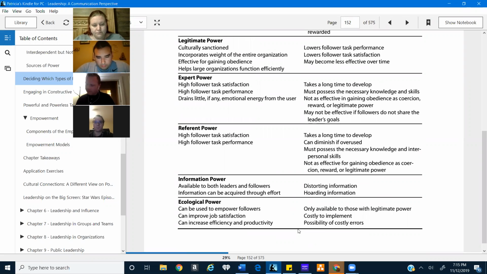Because it says information power is based on access to and distribution of data. Those in roles that span organizational boundaries: marketers, salespeople, public relations, and staff. So I guess in the business setting, the people in marketing who have the customer data that the other department wants, they have the power. Would that make sense?